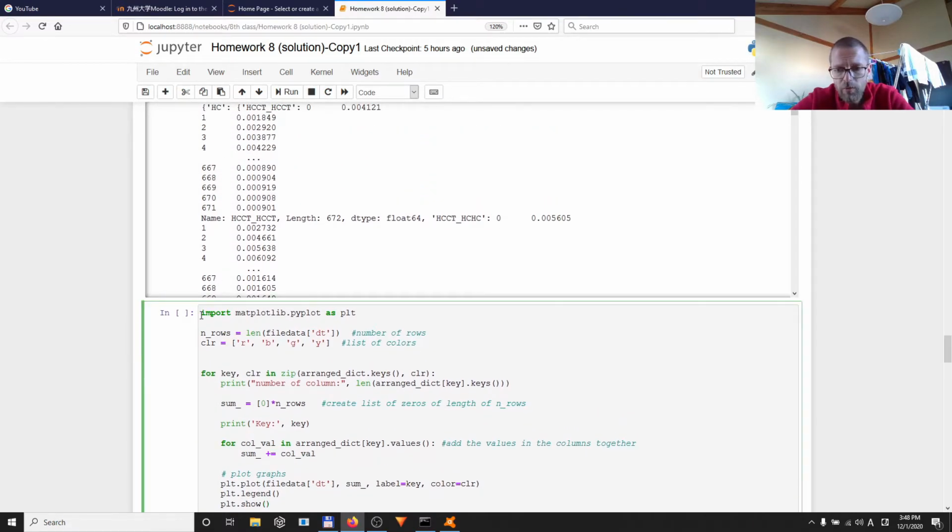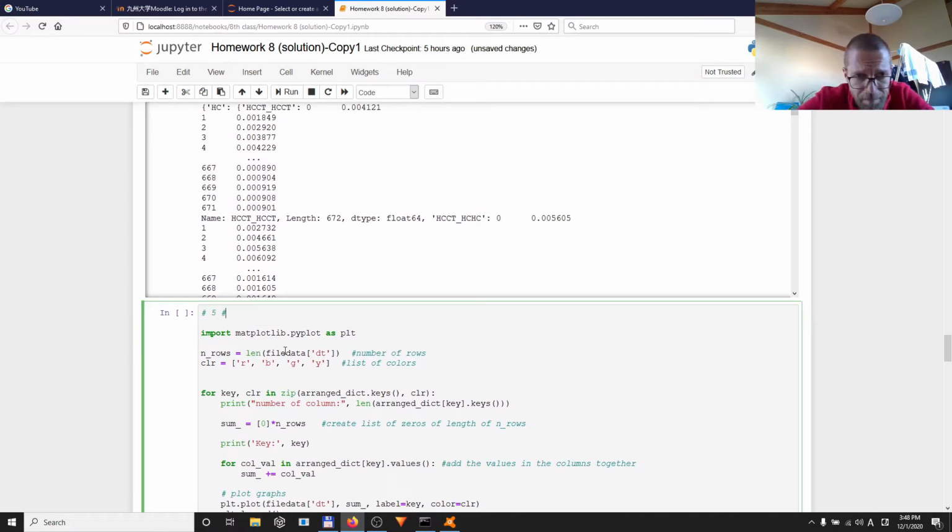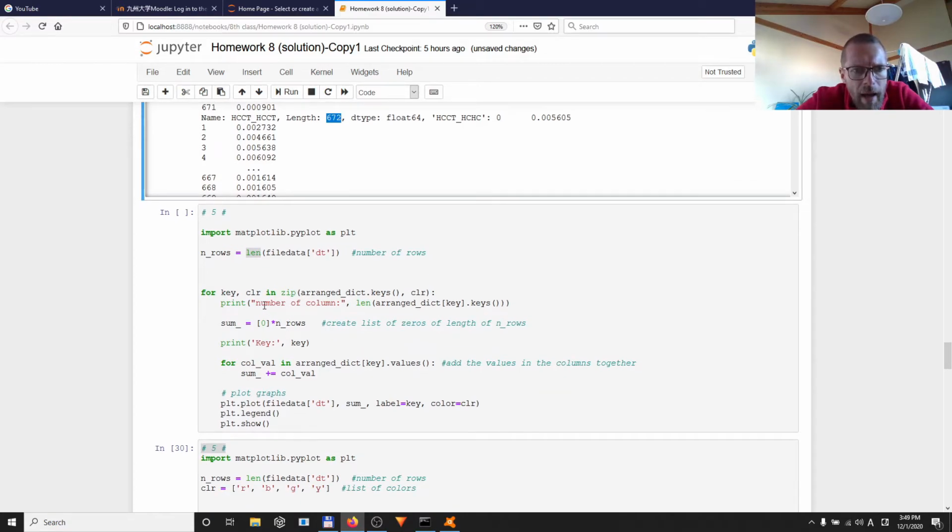So what are we supposed to do? Well, we are supposed to plot. We need to know how many rows there are, so we use the length function. We take the dt column, put the length on it, and we get the number of rows that we already saw. This we should get 672. And then for key, here this we do not need. For key in